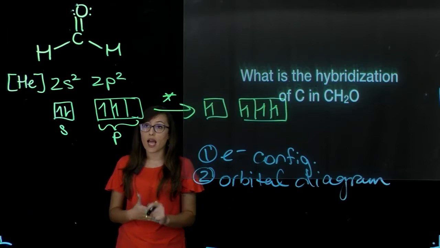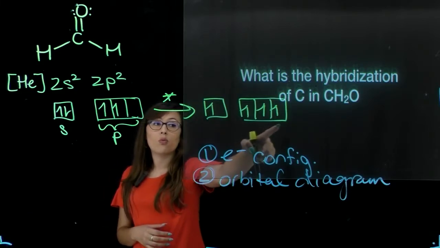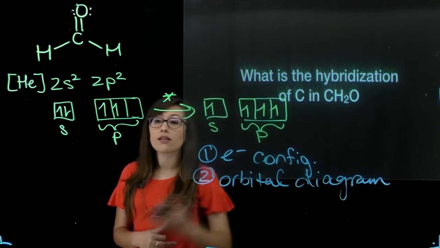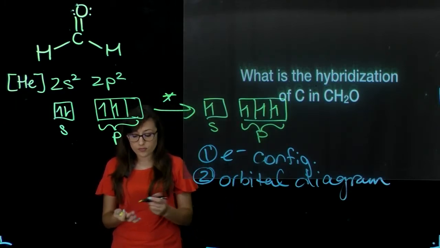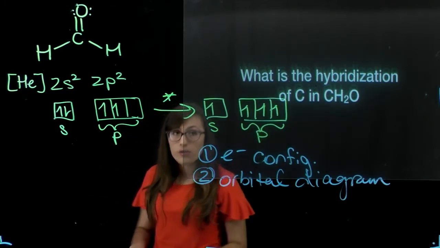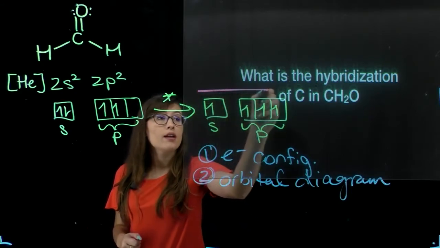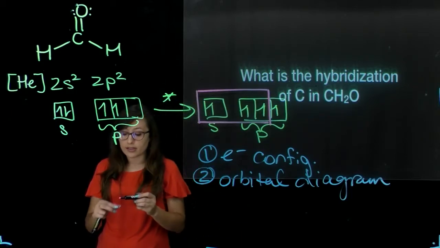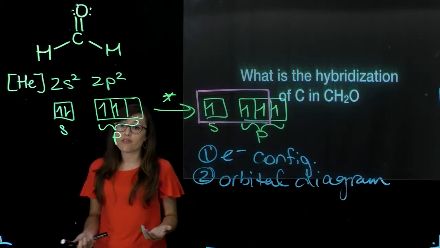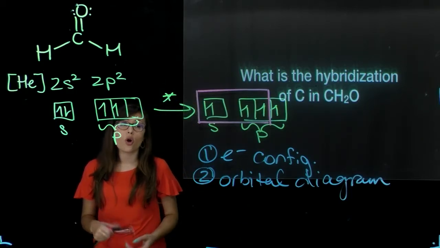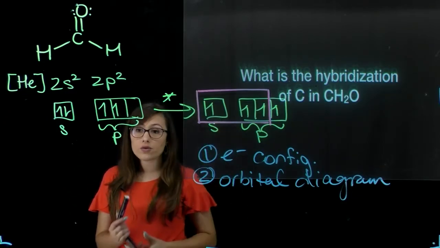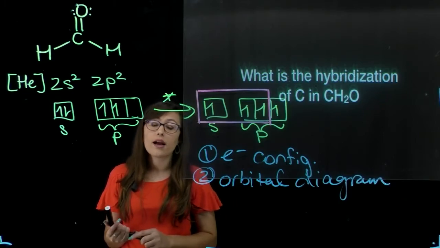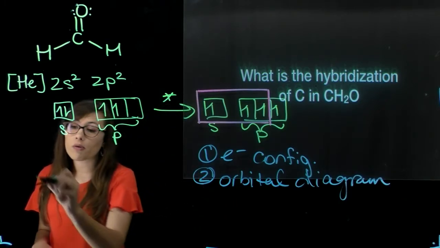When I say unhybridized p orbital, that means one of the p orbitals is not going to participate in mixing for hybridization. It's very important that you note that every time you have a double bond or a triple bond, you have to have unhybridized p orbitals. So in this case, for hybridization, we're going to have one s orbital and two p orbitals participate in hybridization. So when we hybridize,